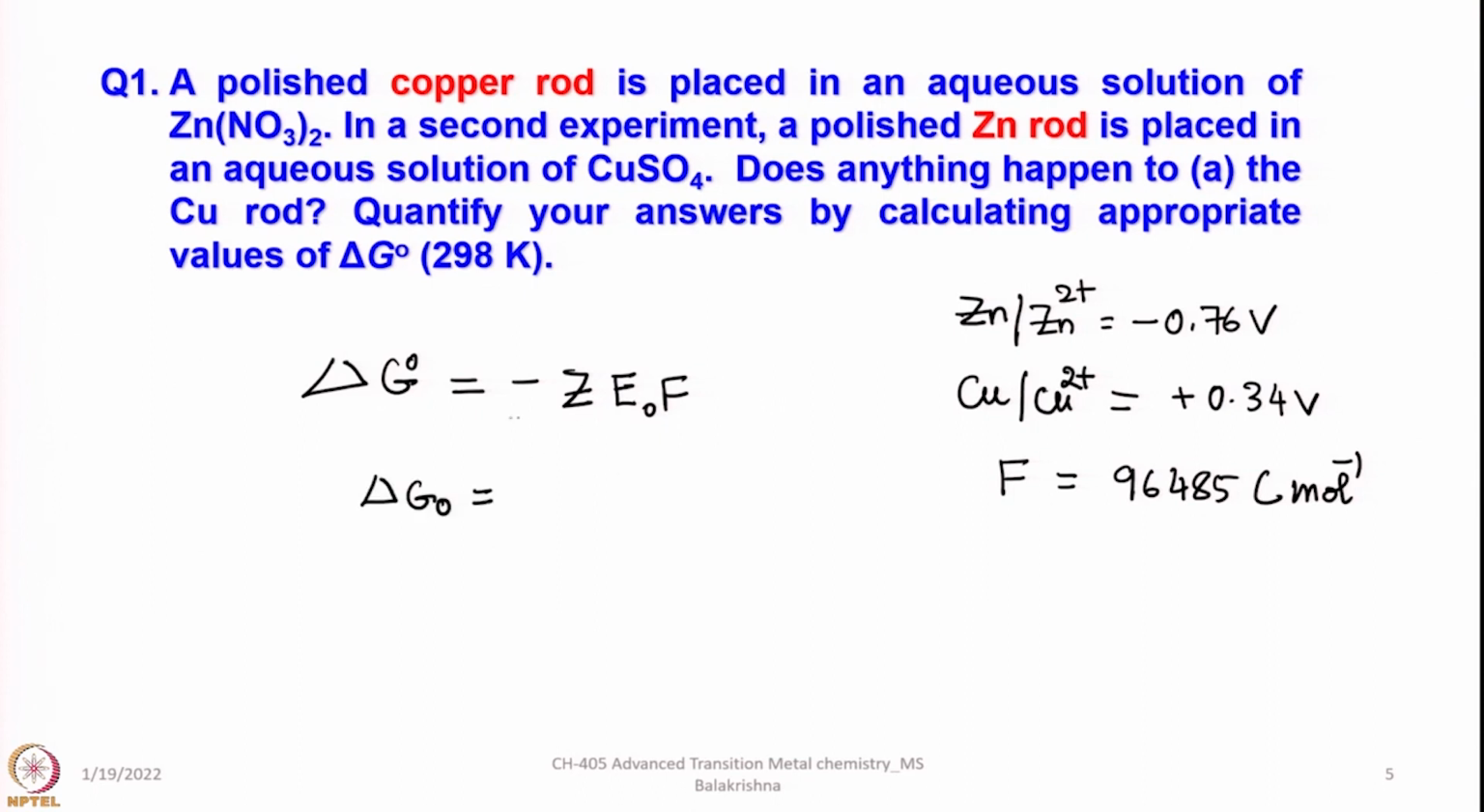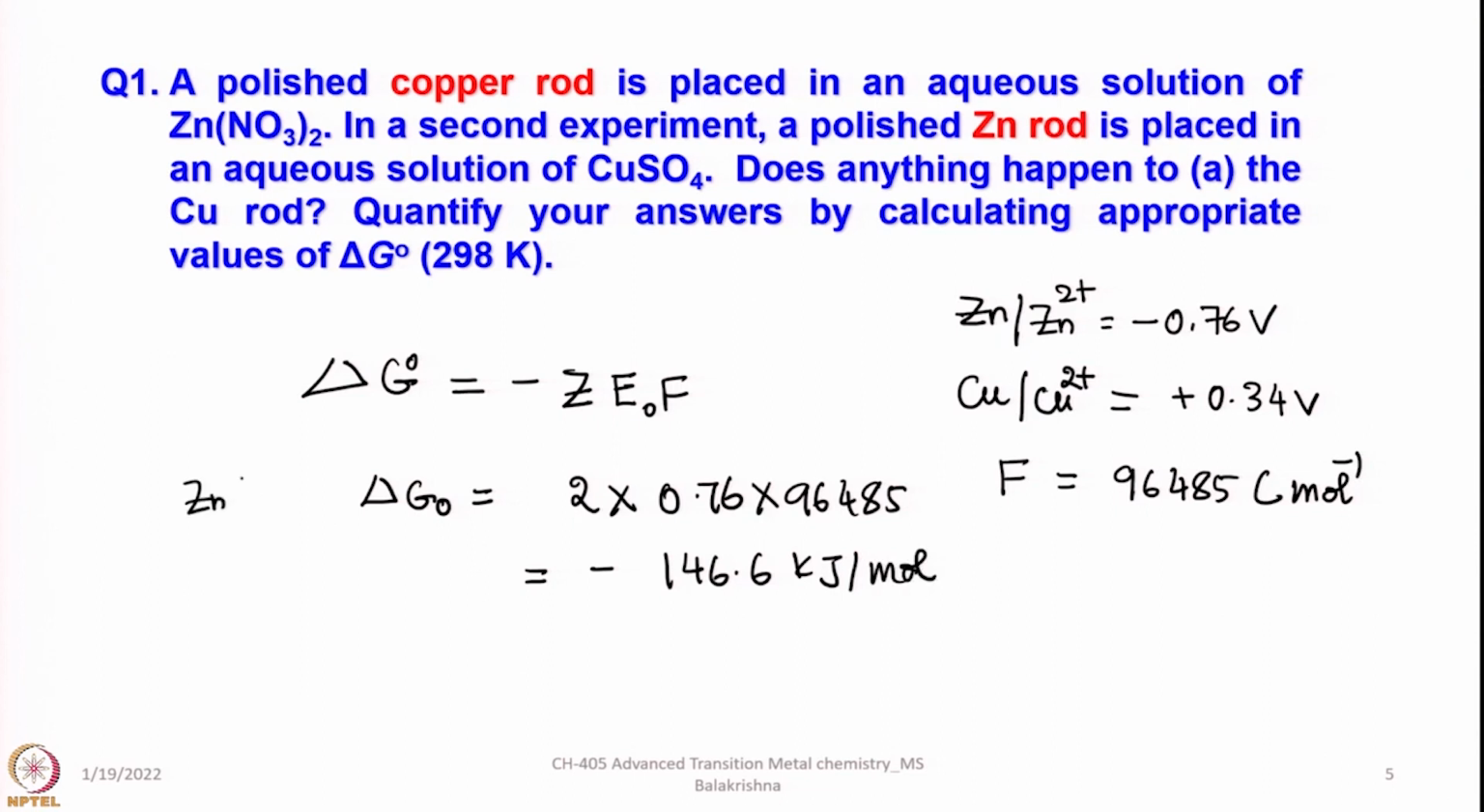So, delta G here, if you use in case of zinc, it is 2 into E naught, which is 0.76, into 96485. So, this gives a value of minus 146.6 kilojoules per mole, and this is for zinc. Then if we do the same for copper, we can get here